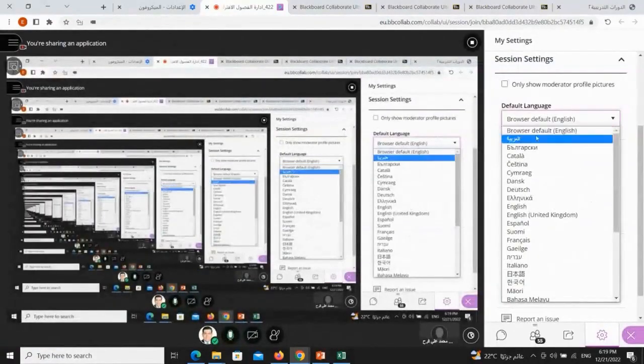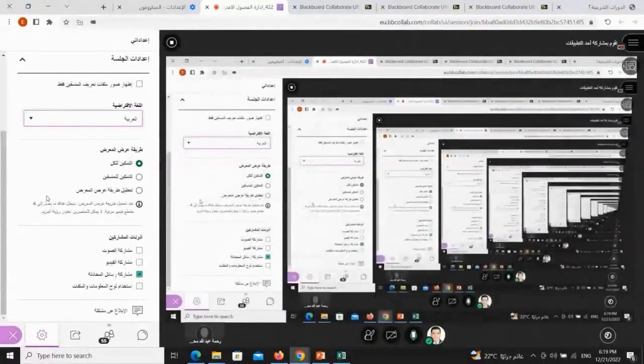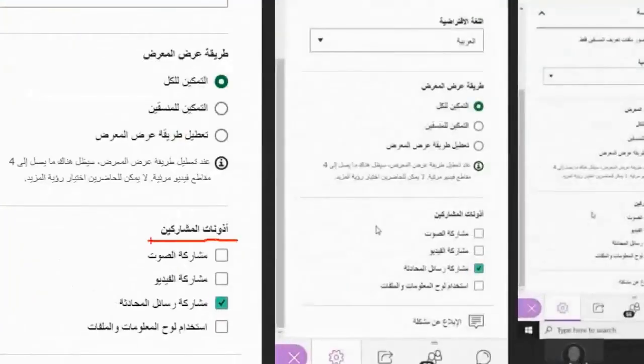Similarly, when creating the session, there were session settings. These settings included permissions for microphone, camera, or chat use. It reminds me to adjust settings during session creation and allows changes during the session. When we were creating the session, I had something called session settings, and these settings had zones that we used to specify whether